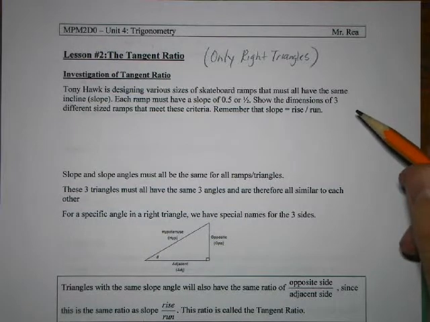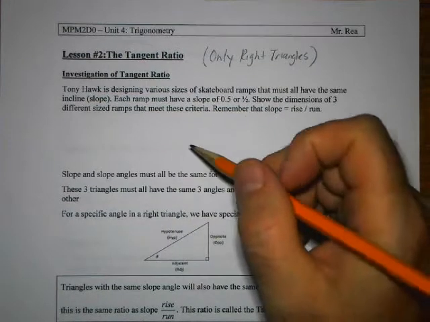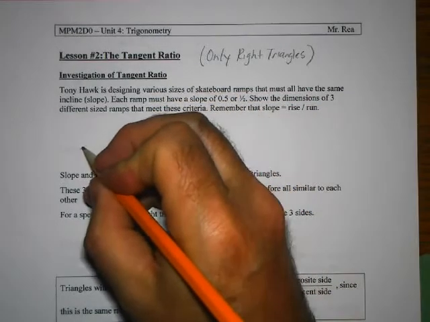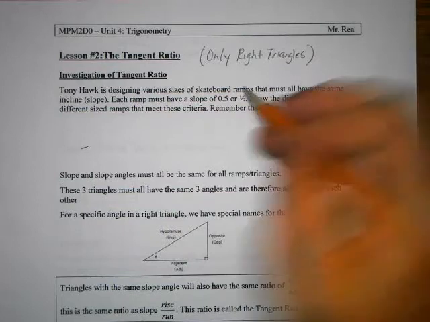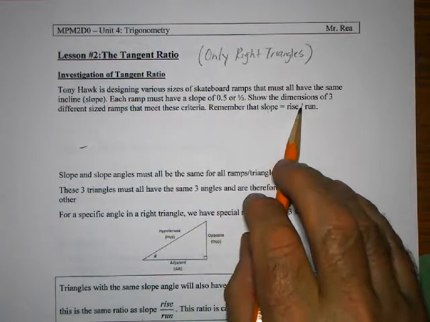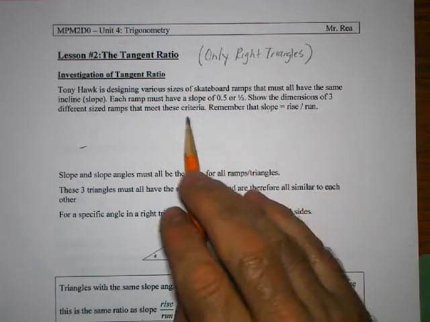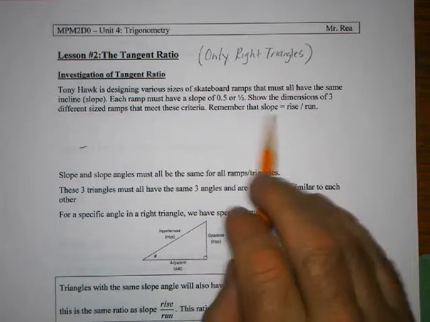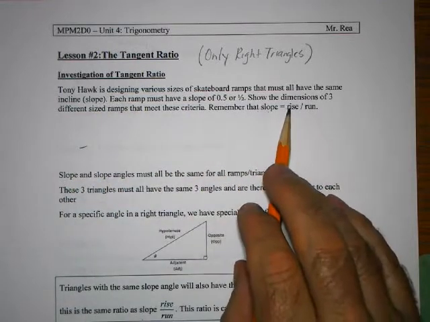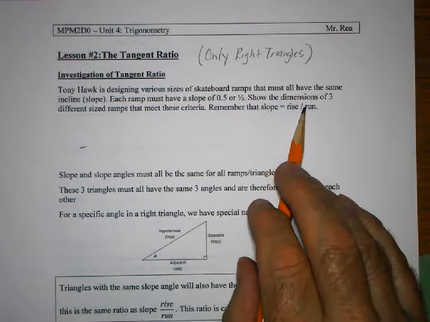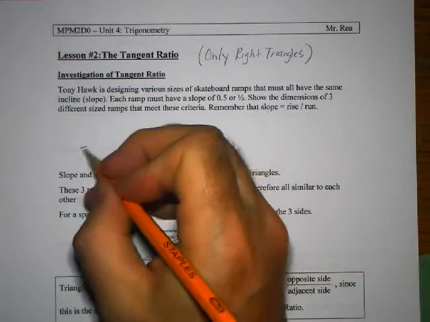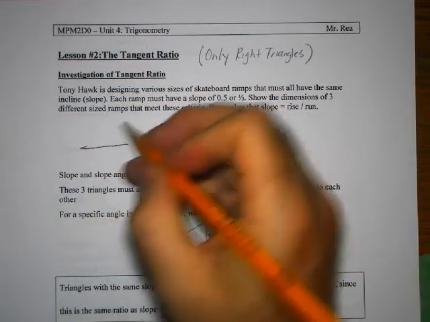Okay, so we're not doing these slopes on an XY grid. We're just doing ramps that you could draw triangles for. So the important thing here is at the end here, remember that slope is rise over run. So what that means is each of these different ramps must have a rise over run equal to 1 over 2, or reducing to 1 over 2. So I'm gonna start off simple,